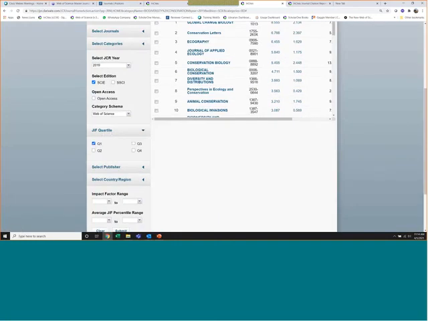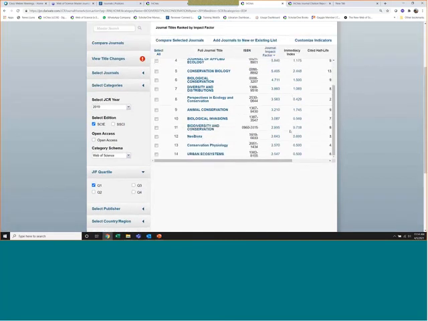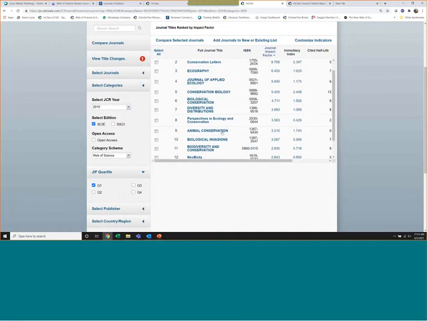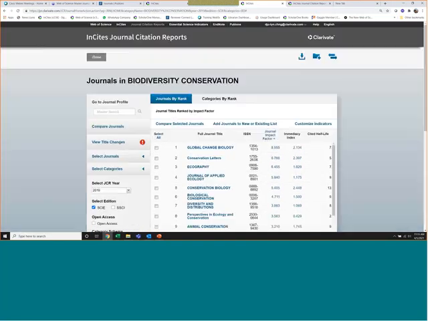Just click on Q1 and then submit, and this will display the 14 Q1 journals in this subject area. You can then export this for your own reference and for your own records.